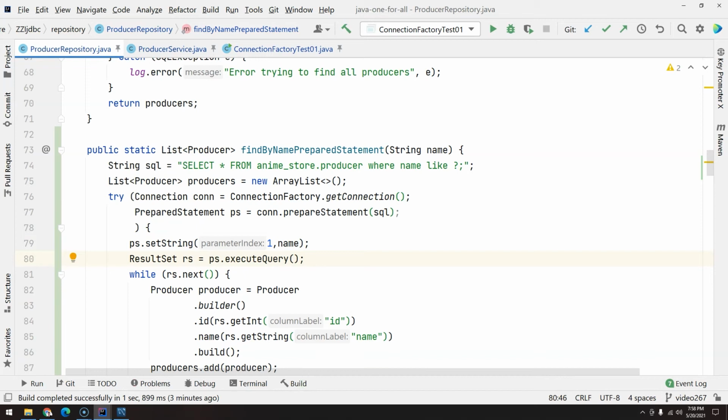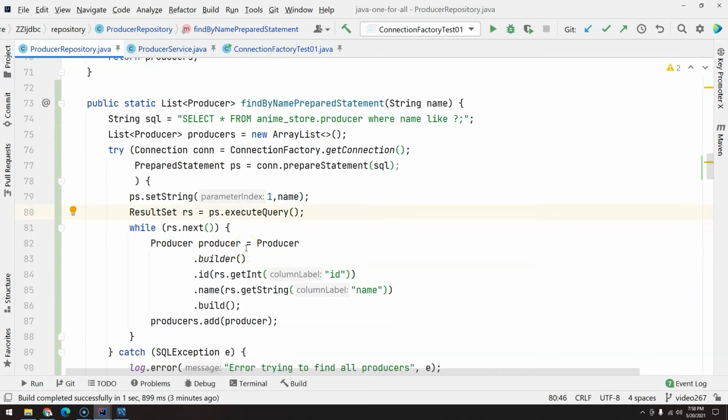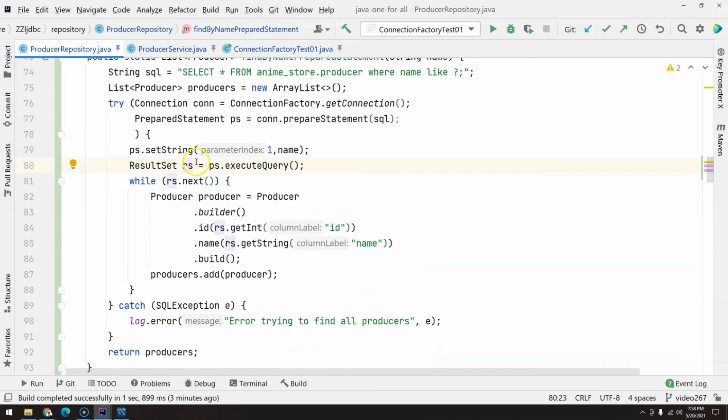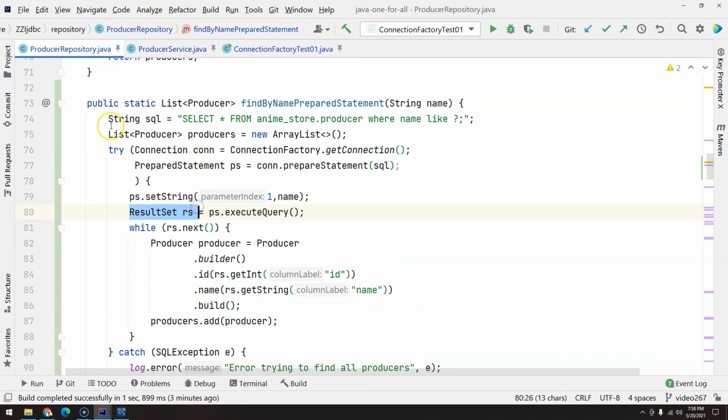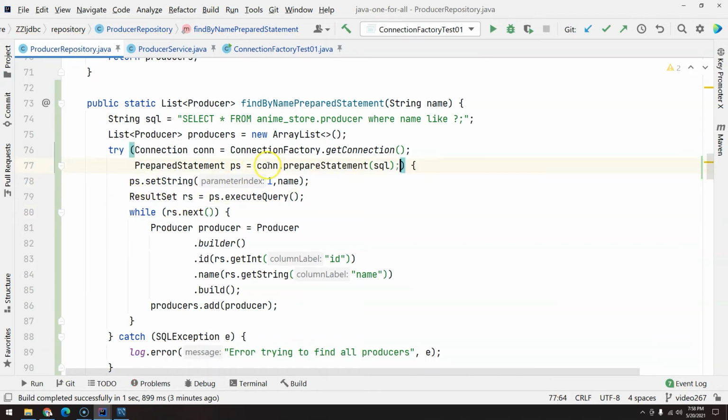Technically that would work, but you have a problem because you have to close. How do you close? You could work with a finally, and set it outside the try, or you could create another try with resources here, but having nested try with resources is not very pretty. So the best option, I think, when you have to work with prepared statement,